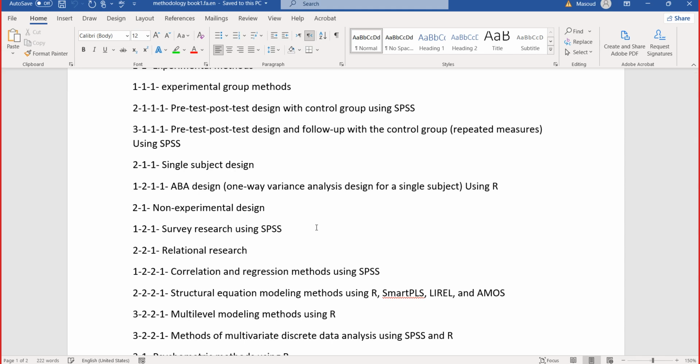It's some educational or treatment protocols that have instructions for an individual student or client or patient. So for researching a subject in this way, you need to use a single subject design.